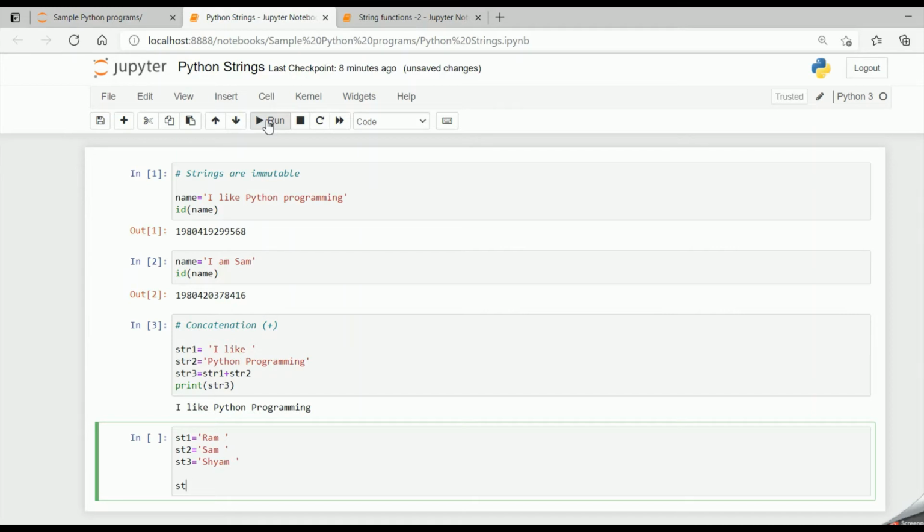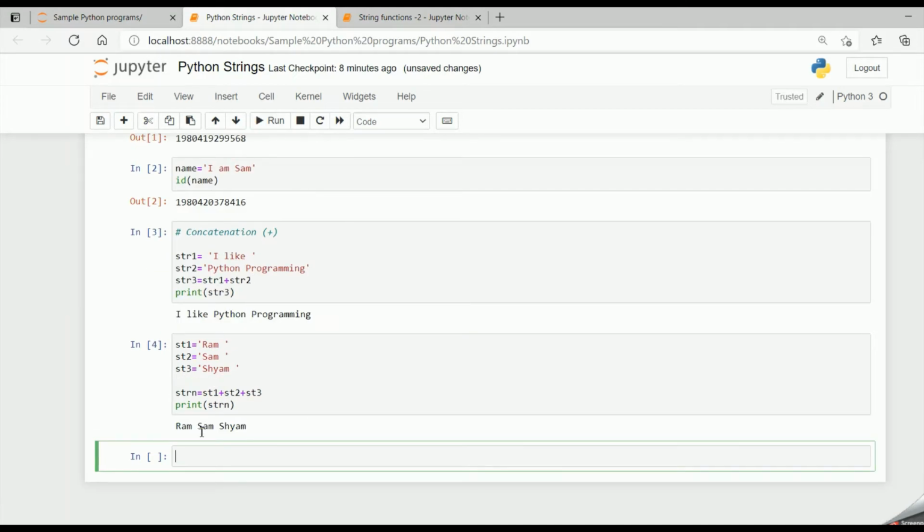So let me say strn equal to st1 plus st2 plus st3. Now let me print strn. So now if I print strn, it will give the value Ram space Sam space Sham. So let me check the result. So yes friends, you got the result Ram space Sam space Sham.